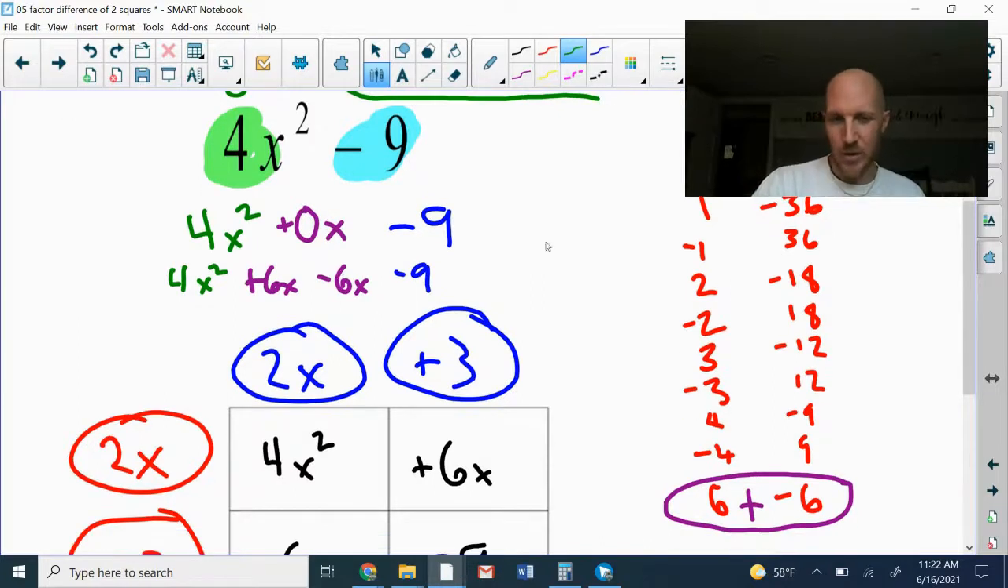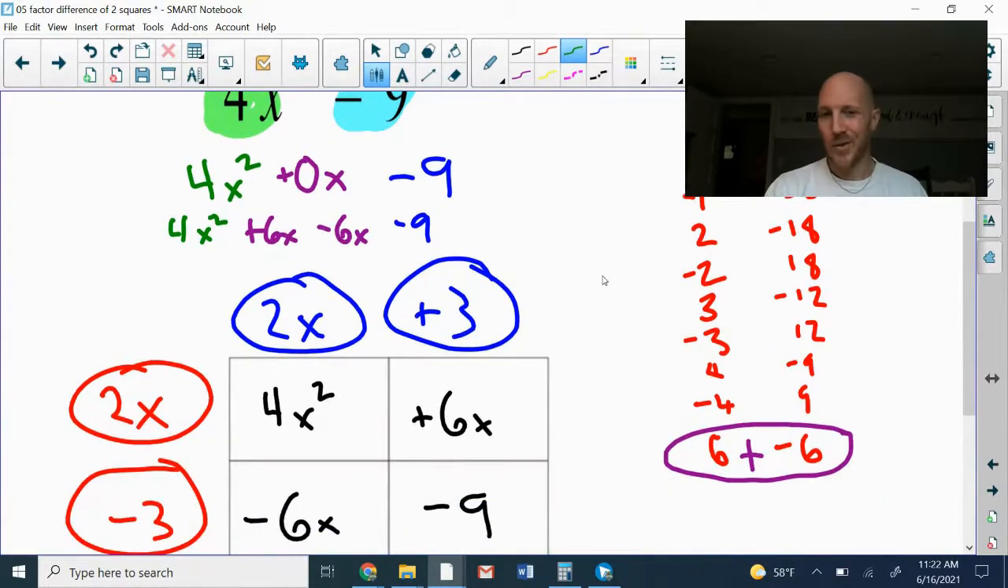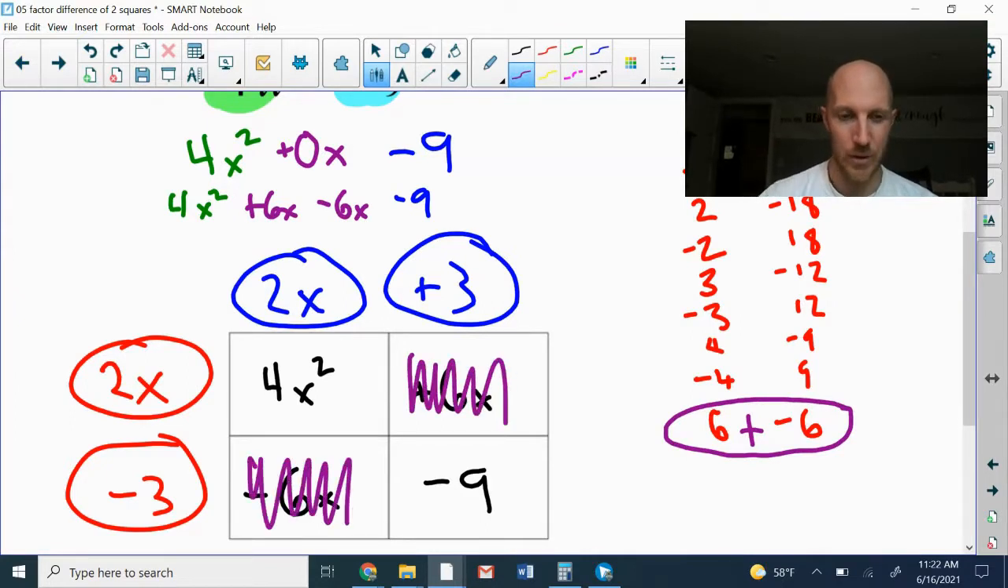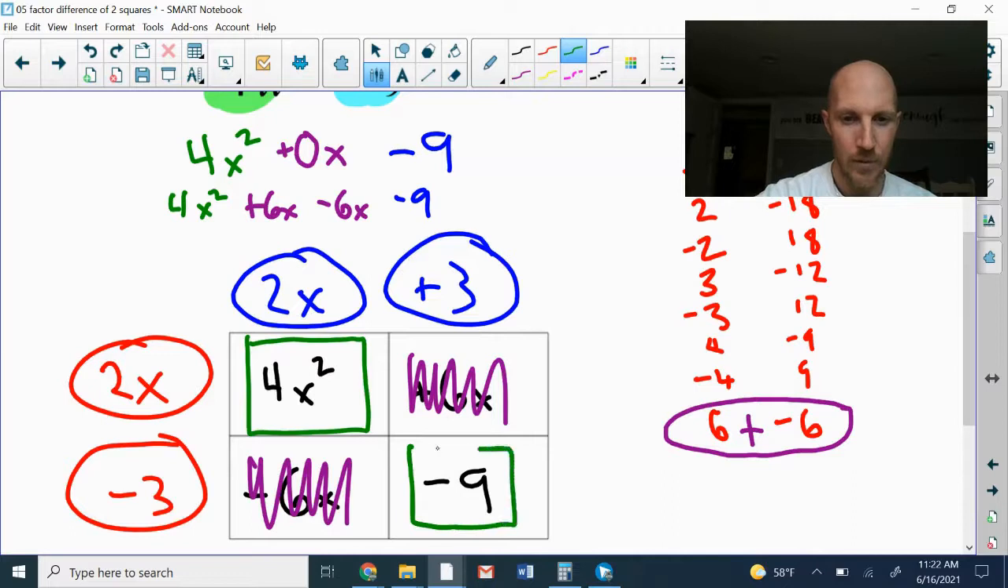Did we really need to do all of that? Well, yes and no. Yes, we did, because that's what our factoring process is. But could we have gotten away without doing that? That would have saved us a lot of work if we could. So since the plus 6x and the minus 6x cancel out in the end, and we know these two terms are perfect square numbers, we could simplify our approach here, because all we need to focus on really are